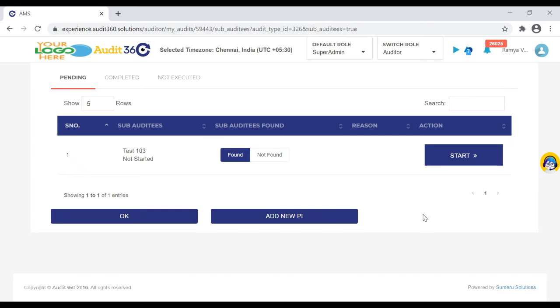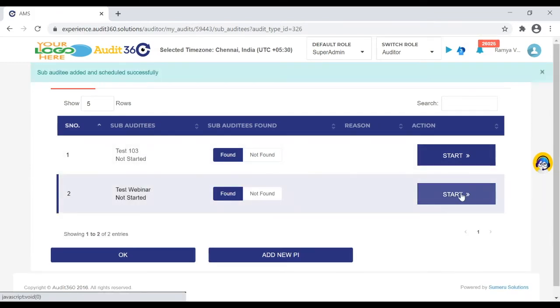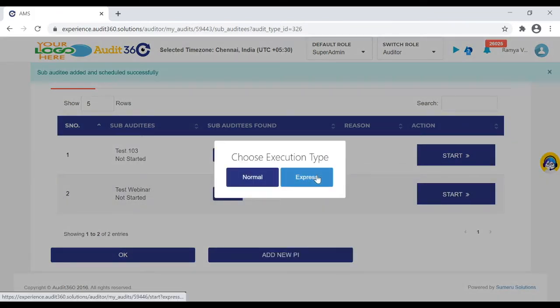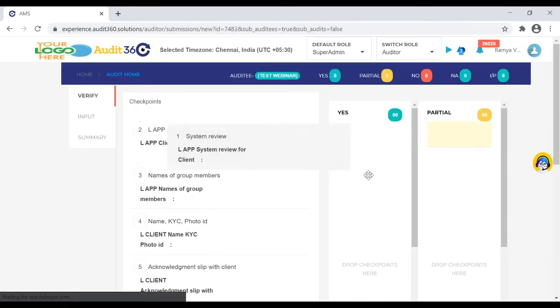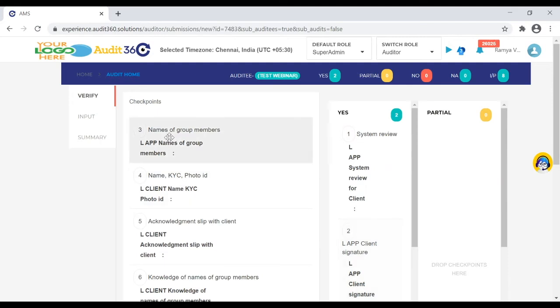So now the user can easily execute. Let me just quickly execute one audit and show how we can do a job done. I'm adding a PI here. I'm just giving it as this. I'm using express mode so that I can quickly pass on all this information.